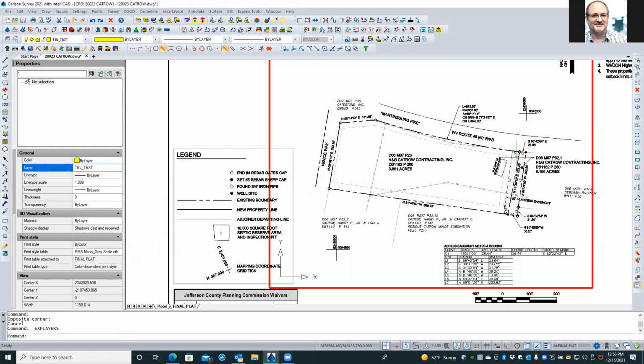This is not a subdivision, right? These are two currently existing parcels. Right. And you're just providing an easement, plus whatever else you're doing. Yeah, just providing an easement to the property in the back, which is owned by the same people. Okay, I see. Okay, well,